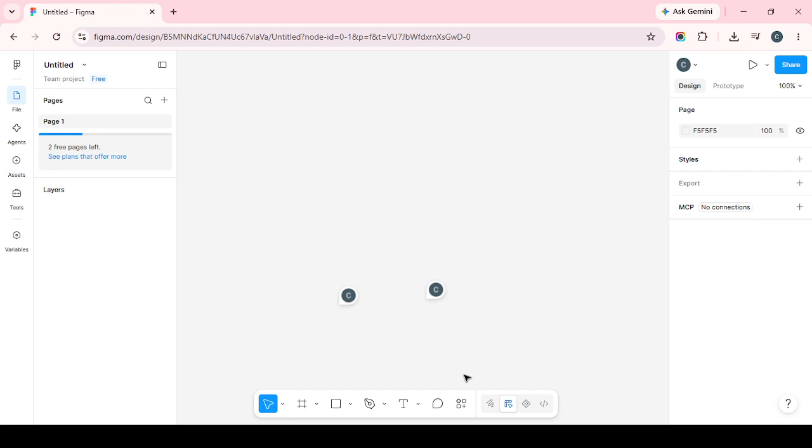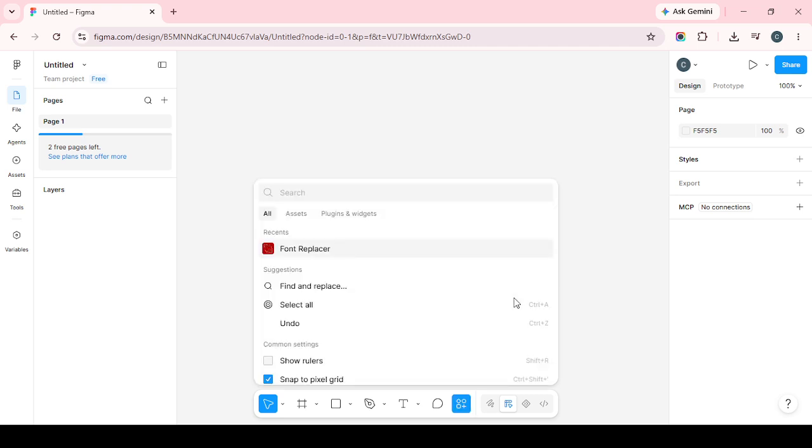Start by clicking anywhere inside the open file canvas space to make sure it's active and selected. This matters because the shortcut you're about to use needs to run inside that workspace. Once your cursor is active there, open the Quick Actions menu by pressing Command and / on Mac or Control and / on Windows. This brings up a search style input box where you can quickly launch common actions without